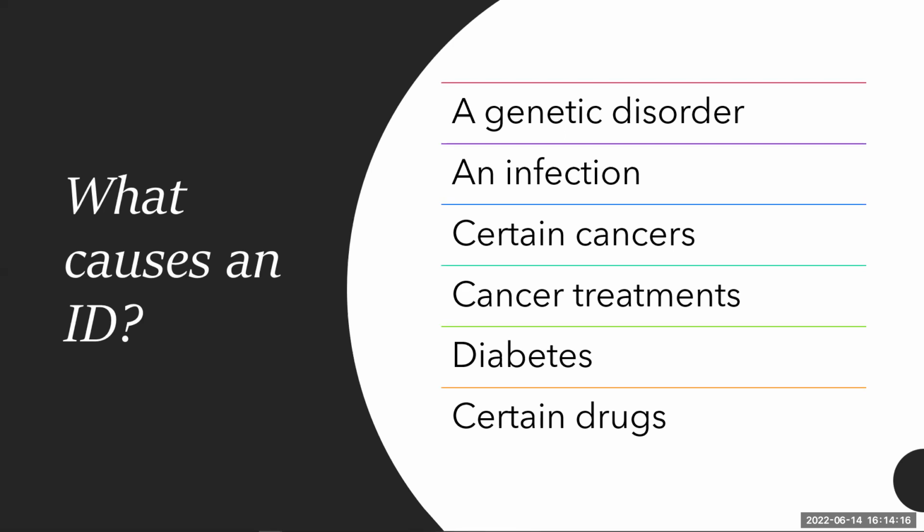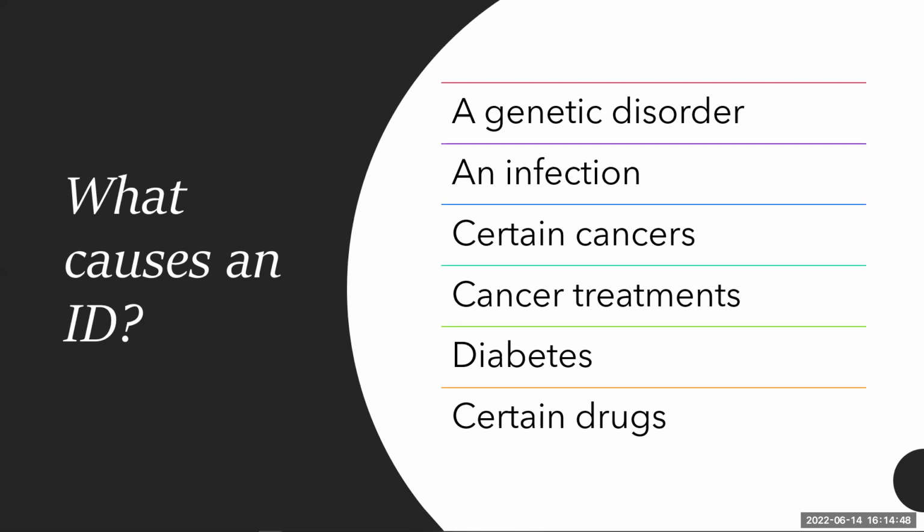Certain cancers, particularly those that affect your bone marrow, could be linked with your immune deficiency. Why the bone marrow? We have to remember B cells, which play a very important role in the immune response to any viral invader. They reside within the bone marrow, the B cells. So therefore, when certain cancers affect your bone marrow, by extension, they would affect the B cells and hence affect your immune capabilities.